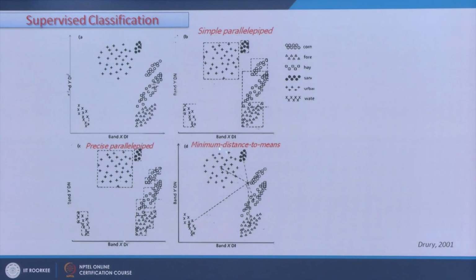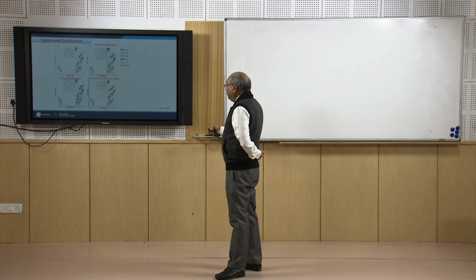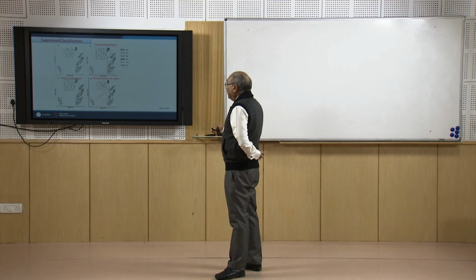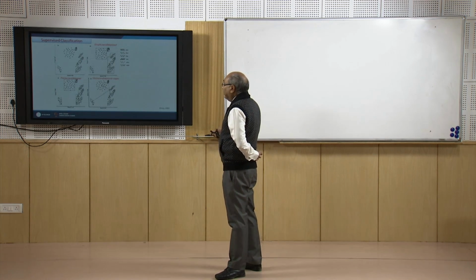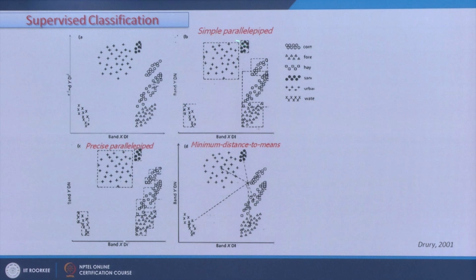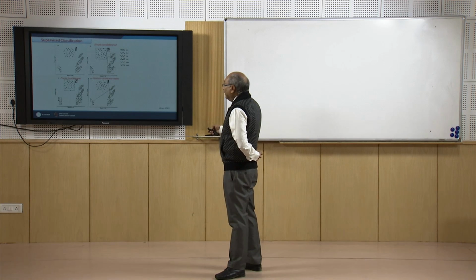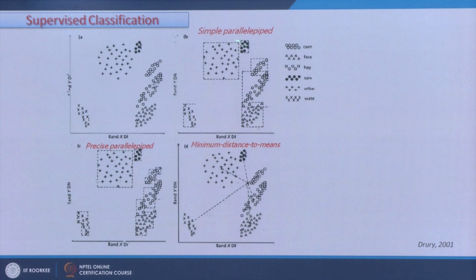to mean. Then there is a parallelepiped classification, where instead of determining the mean, a box is drawn, and wherever these pixels are falling, having the same spectral characteristics, accordingly they are assigned. As you can realize, the plotting is the same in 2D space, but I can draw a box so that some more pixels will be included of some other areas,